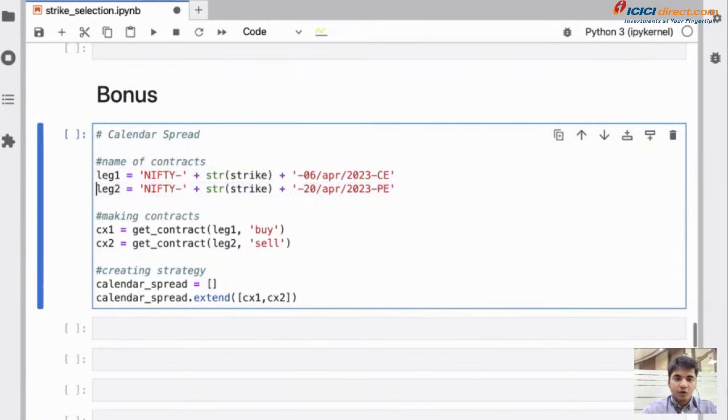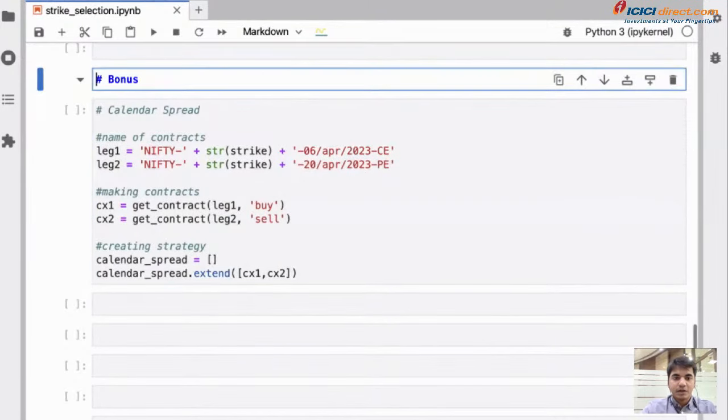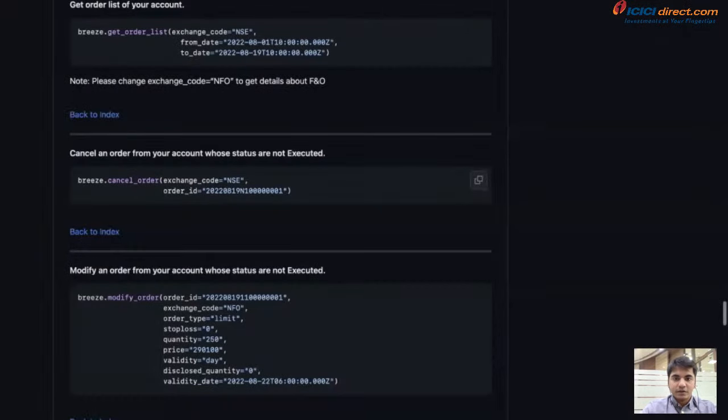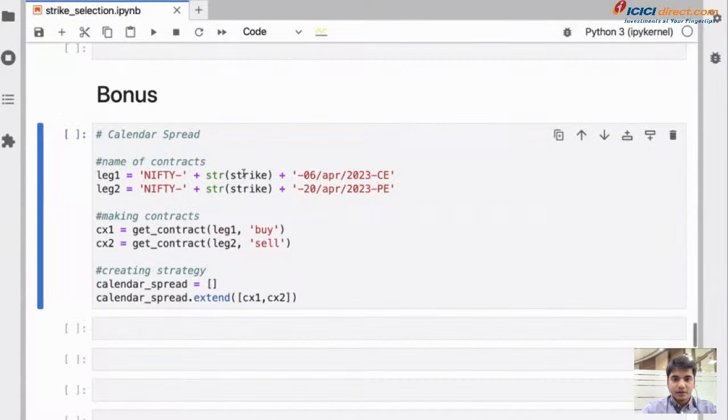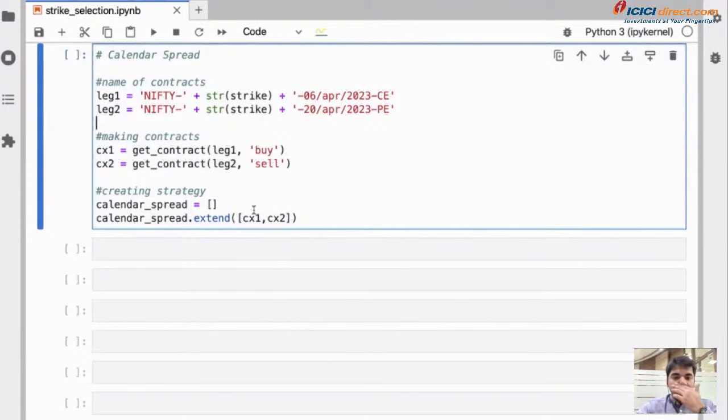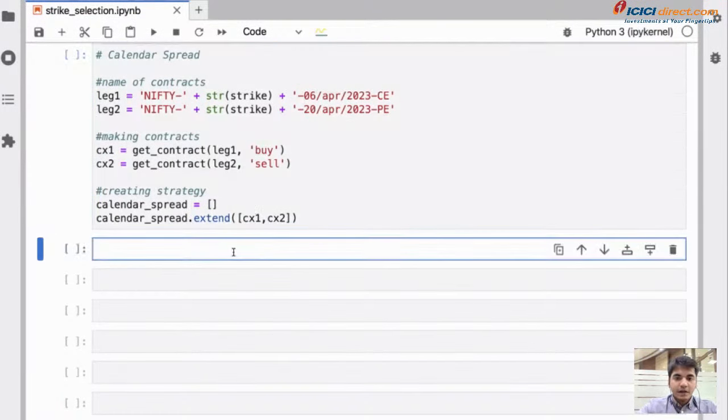We do calendar spread if you want to reduce the impact of theta as the time goes forward. The call option which you have bought will lose its value, but the far expiry contract which you have sold will make money. So that is calendar spread, used to make money out of the theta decay. Sorry, my bad. So we can execute the calendar spread, but what I want to show you as part of this is